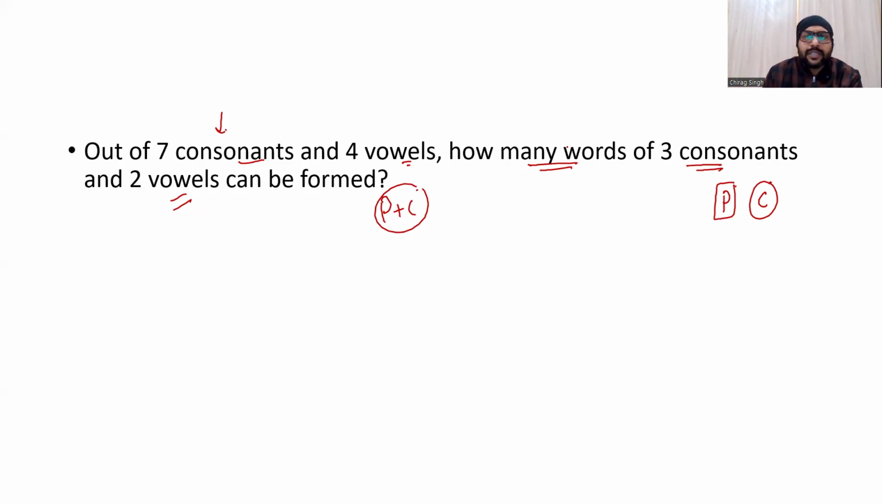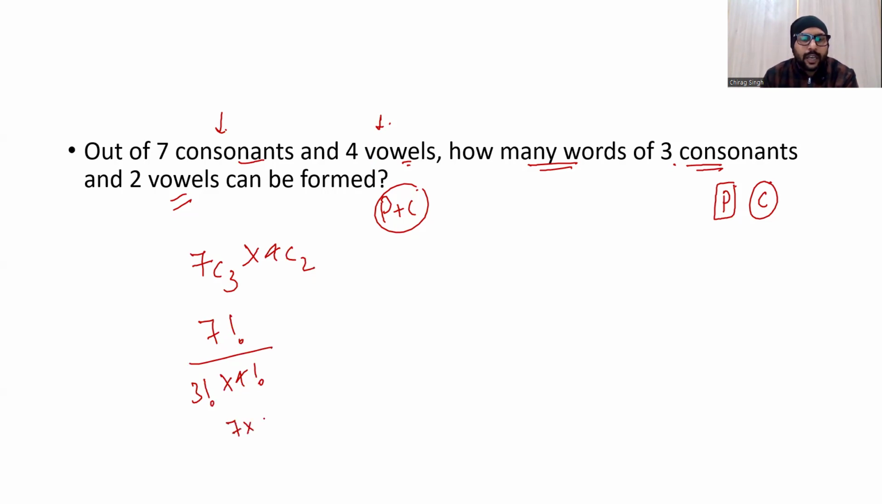Okay, now how I will do this? Out of seven consonants, I need three consonants. So 7C3. Then out of four vowels, I need two vowels, which means 4C2. तो पहले इसको सॉल्व करेंगे। 7 फैक्टोरियल डिवाइडेड बाय 3 फैक्टोरियल इंटू 4 फैक्टोरियल। तो आंसर क्या आएगा? 4 फैक्टोरियल से 4 फैक्टोरियल कट जाएगा, तो कितना बचेगा? 7, 6, 5। नीचे क्या बचेगा? 3, 2, 1। तो 35।